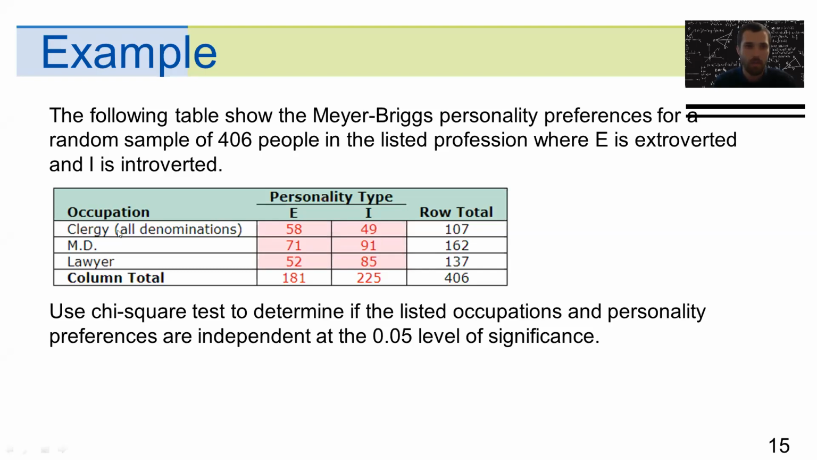We can see that the professions are clergy, medical doctors, and lawyers. So that's our one variable: the occupation, the profession that these individuals are in. And then the other variable is the personality type, whether they're extroverted or introverted. So these are our cells here. These are observed frequencies. And so the first thing that we're going to do is